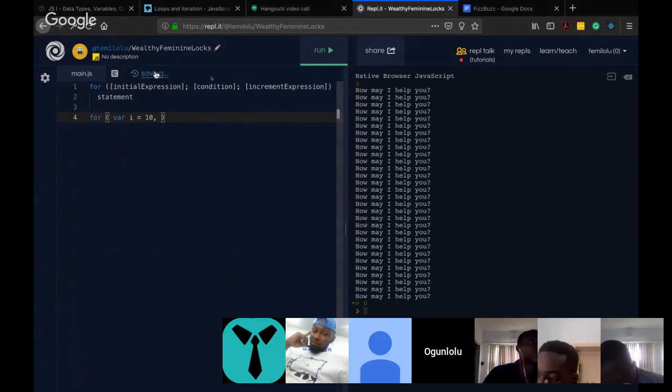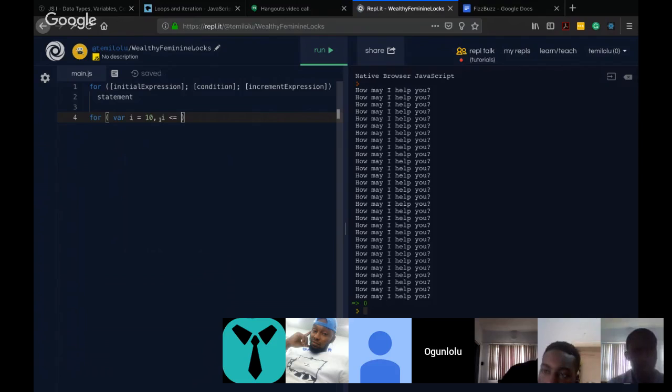And if you notice in the for loop, we also have a condition. So this is the initial expression. We also have a condition, and let's say i is less than or equal to